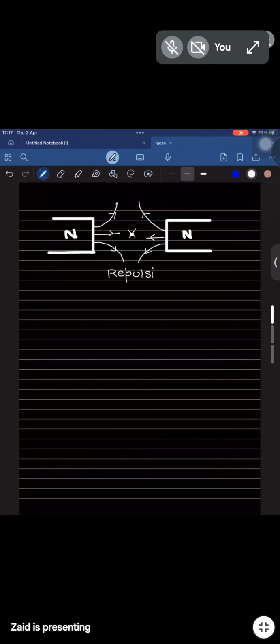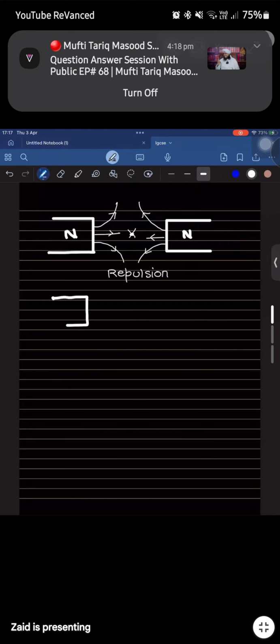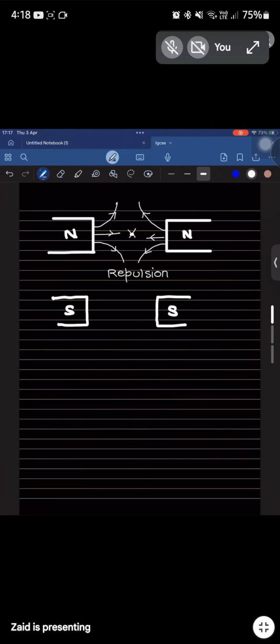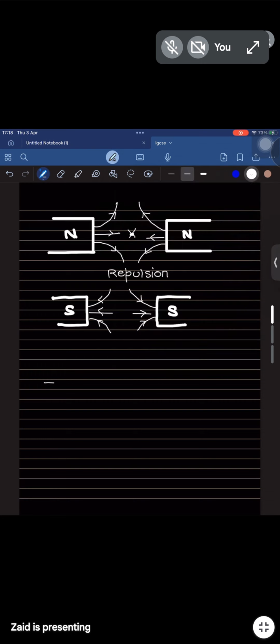Same goes for your south and south. So again, we'll experience repulsion. The field is going to originate towards the south. So there would be a repulsion again. But if you place a north and a south together,